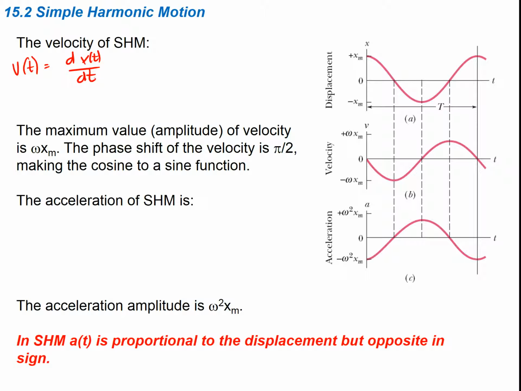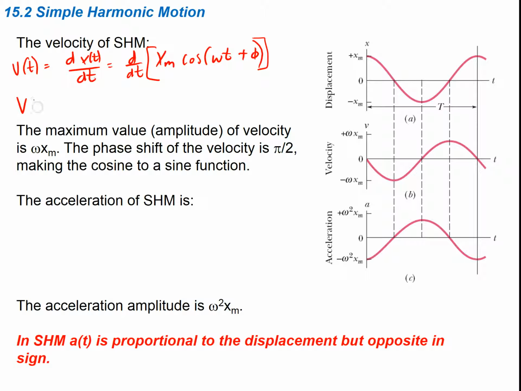So if we take this derivative, this is going to be d dt of our position function, which was given earlier as xm times the cosine of omega t plus phi. So we're just going to take the derivative of that function. What we do is we take the derivative of the function itself and then the derivative of what is inside that function. So our velocity